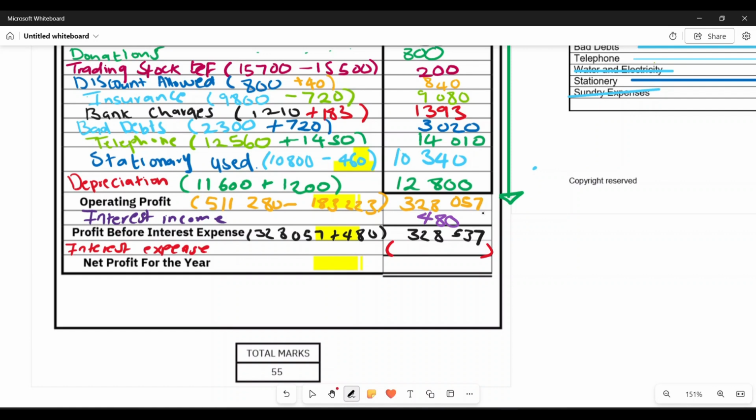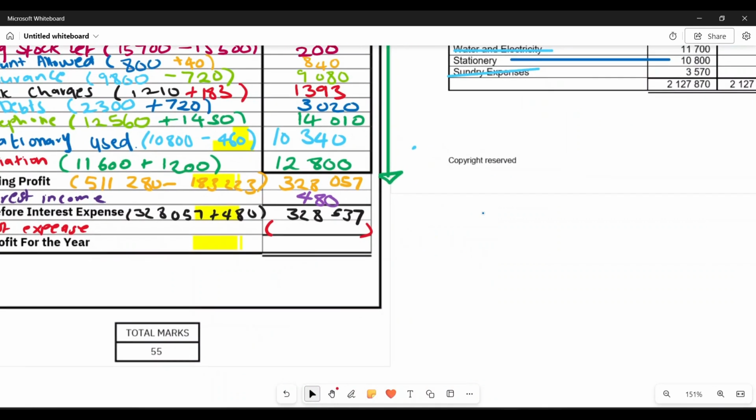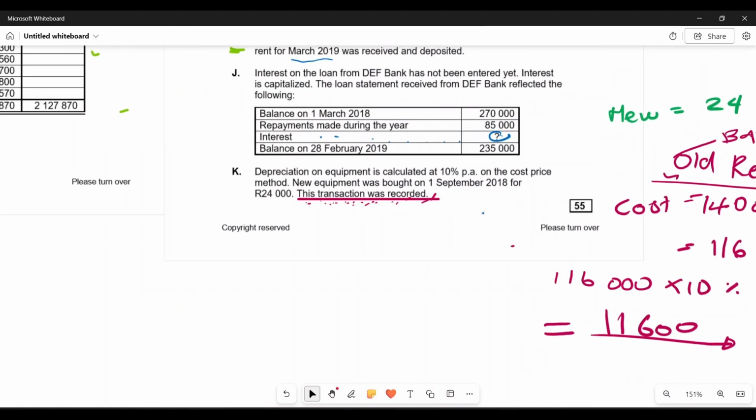Now, what about your interest expense? Where would you get information? You're going to get your information relating to your interest expense on your loan, right? So here we have our loan. Interest on the loan from DEF Bank has not been entered yet. Interest is capitalized. Now, we need to calculate the interest expense, which is indicated with this question mark. Now, how would we go about doing that? So when you want to use this formula, you take your balance at the beginning,